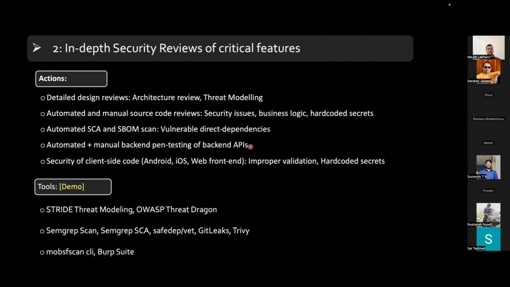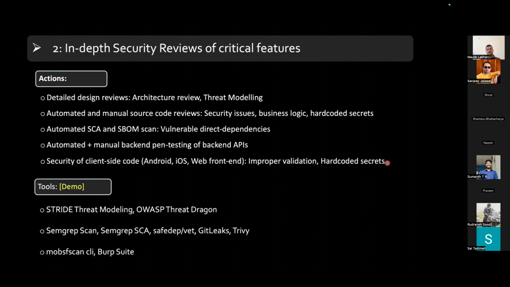Then you can also perform automated and manual pen testing using tools. There are general tools such as Burp Suite. There are also very focused tools as well. Burp Suite and other tools have the capability to parse your Swagger and start building API requests from it, so you really don't need to do all of that manually. The tools are capable of doing it. You can focus more on the business logic, authorization, and all of that when you're performing your manual review of your backend APIs.